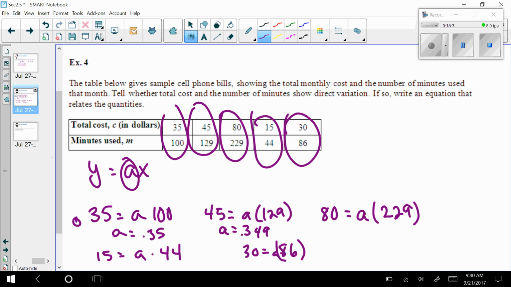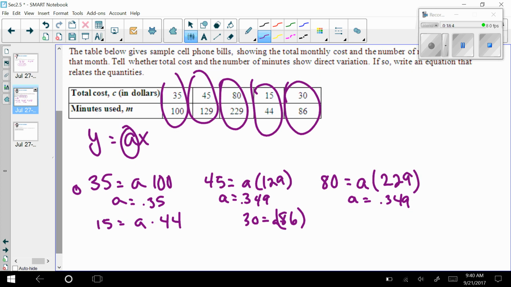And then the third one, 80 divided by 229, I get A equals 0.349 again. For the fourth one, 15 divided by 44, I get 0.341, which is still pretty close. It's about a penny off